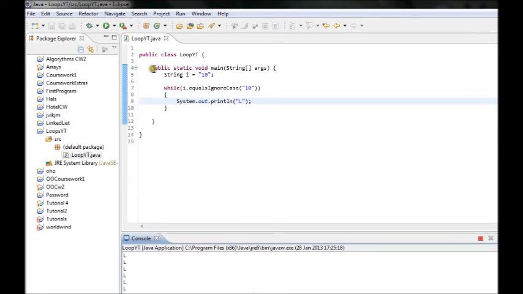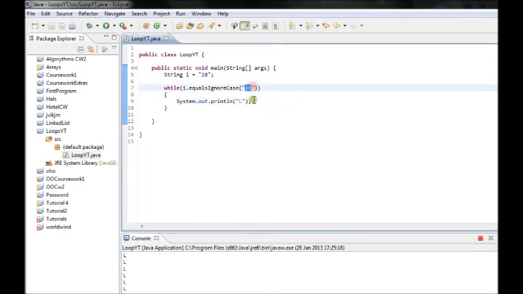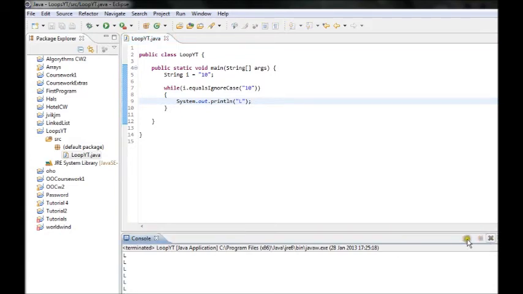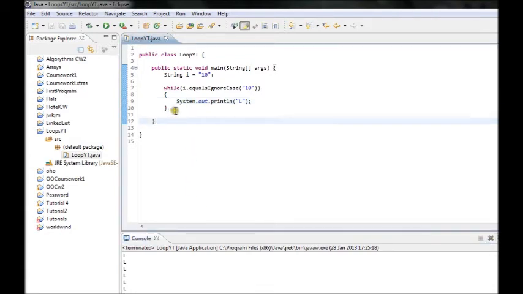That's how the infinite loop works, because the value will never change. This loop will never stop. Okay, let's stop this one. That is due to not having some kind of factor which will change this value. So if I say, for example, to change this, let's say I equals